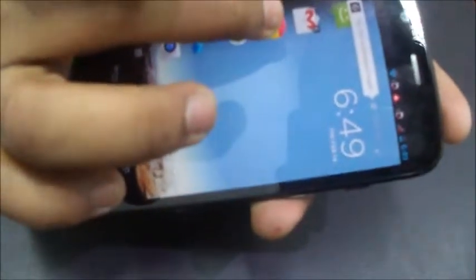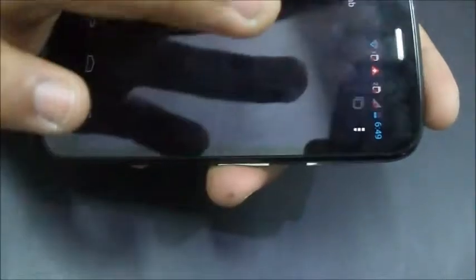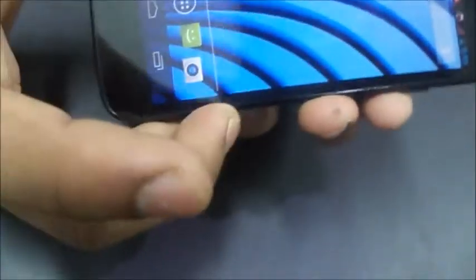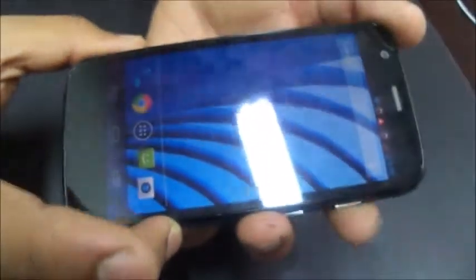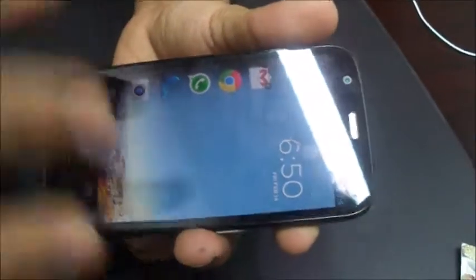Once again, if I just lock the phone again, you can see it keeps showing you the tips. It is asking me to set up some ringer or the wallpaper. So if I just have to surf the internet, I simply need to tap on the Google Chrome icon, and the moment I click on the same, Google Chrome opens. So it takes some time to get familiar with your user interface, with the way you are using your phone, and within some days it will list the apps which you are using the most on the home screen.